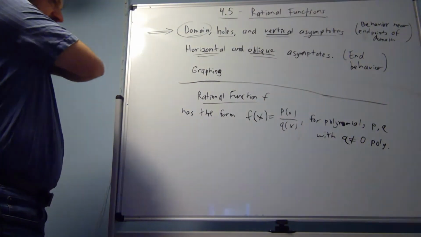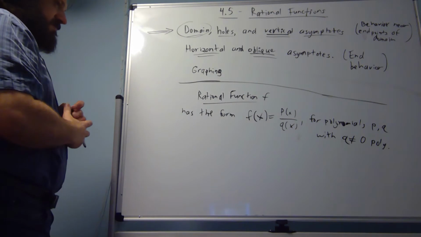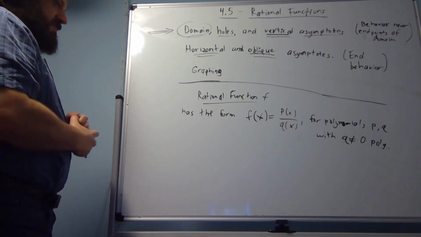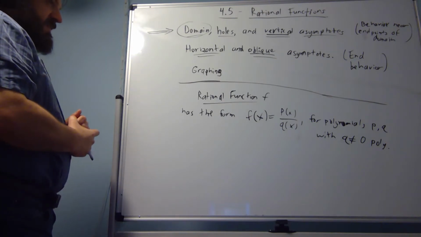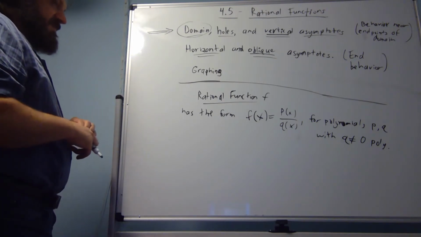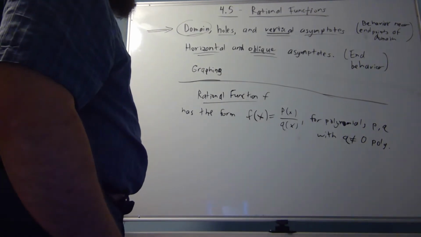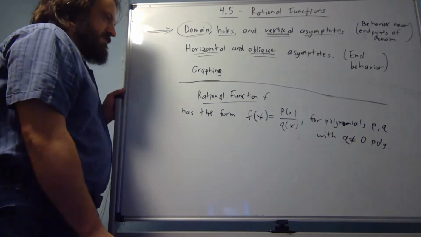Well, if the denominator is the zero polynomial, then the domain is the empty set, because that'd be really bad. If the denominator were zero all the time, then that's just a function with no domain. There are no valid inputs, and so that function wouldn't be able to do anything. But if q is not the zero polynomial,